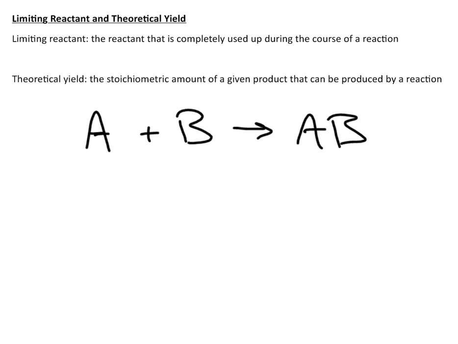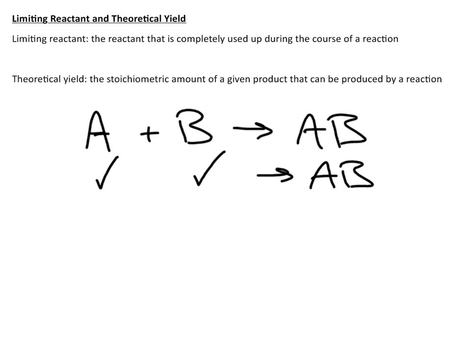Now, the chances of there being the exact amount of A and the exact amount of B, that all of it would form just AB and there would be nothing left over on the reactant side, is highly unlikely. Usually, there's one substance that is in excess, which is known as the excess reactant, and then there is one substance that is usually used up and runs out, and that is called the